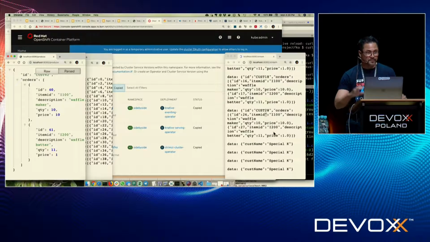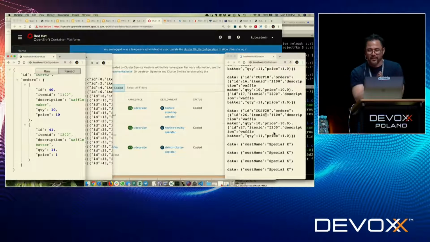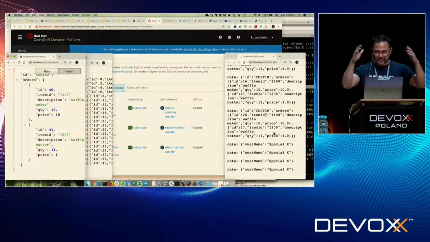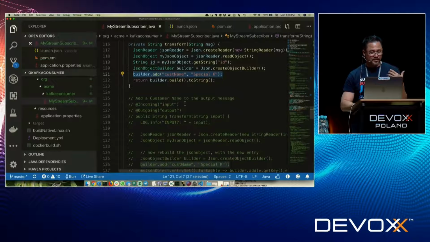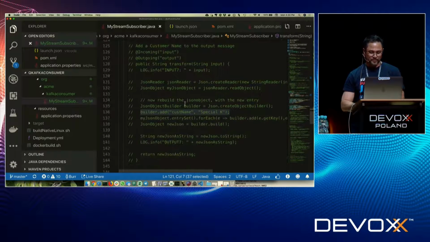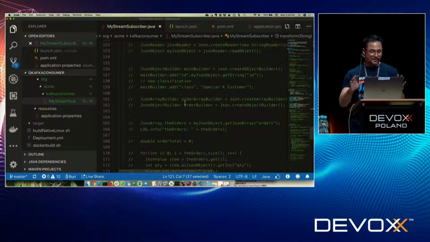So this concept of being able to just really work directly off a stream is one thing I want you guys to think about. The concept of I want to just change my logic, still interacting with these Kafka topics as they are, and then I can basically live change the code. And I see that as incredibly productive, incredibly powerful. You can see I have even other examples here where I go further with it and really modify the inbound and outbound JSON.